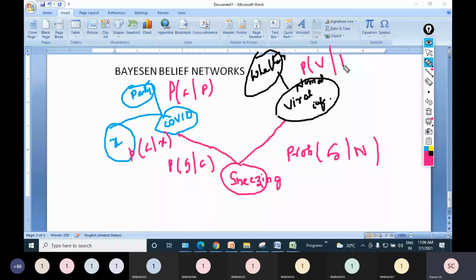Like that, if you observe, friends, we can calculate all these probabilities, and this network is called a Bayesian belief network. It means we try to believe now, okay, this fellow is sneezing, I believe it is because of a normal viral infection, because the probabilities of normal viral infection are more than the probabilities of COVID, right? So like that, we can construct a Bayesian belief network.